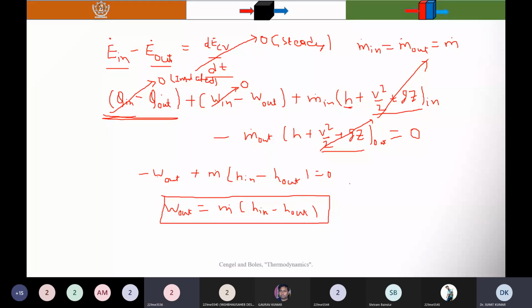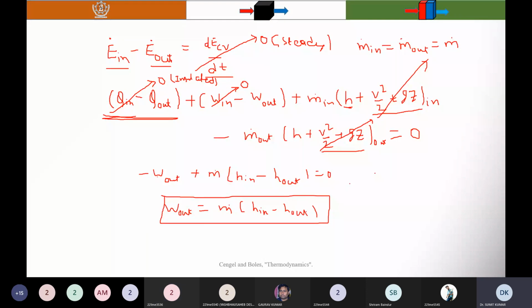Sir, if the fluid in the turbine is moving, should we neglect the velocity component of energy in the mass? I told you about the change in kinetic energy and potential energy. Yes, H equals U plus PV. Sir, the kinetic energy changes because in the turbine the mass is coming in and going out. So is the velocity the same or what? I mean, we are neglecting it.